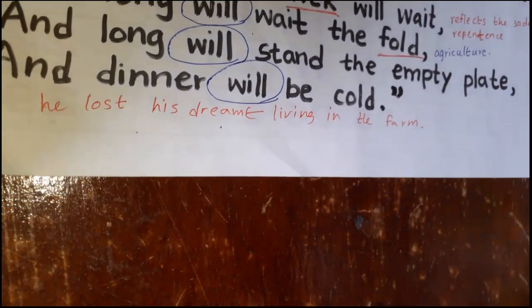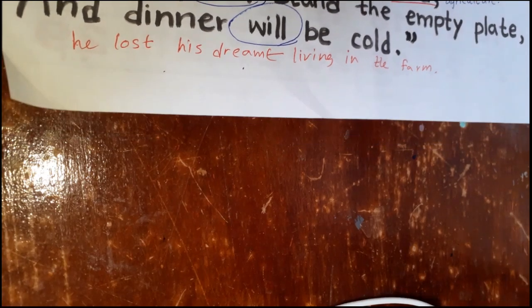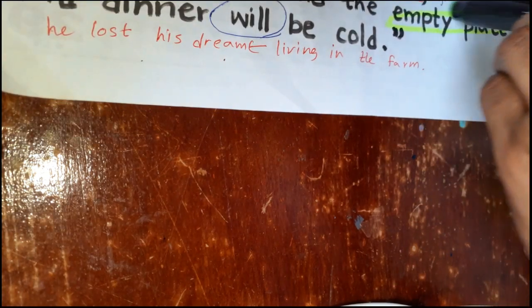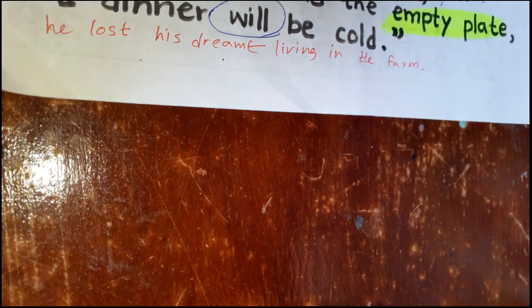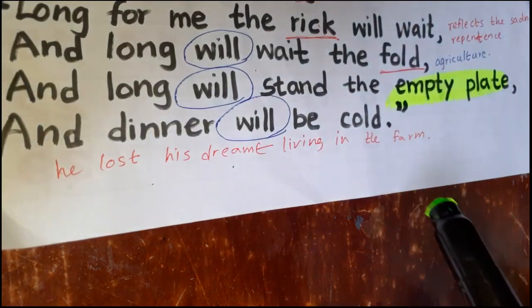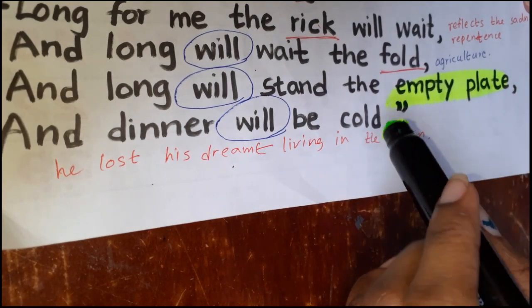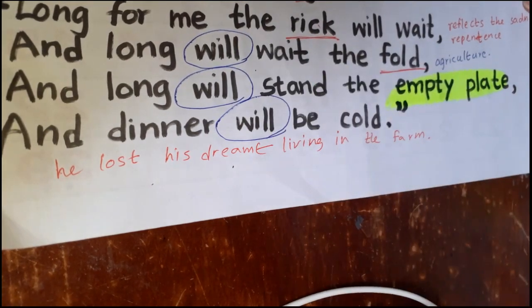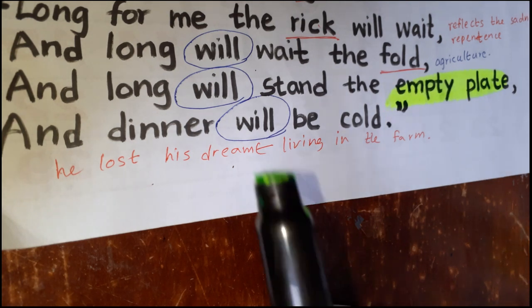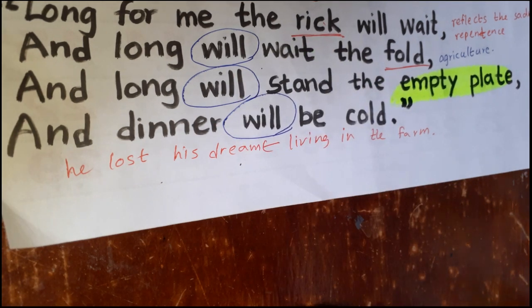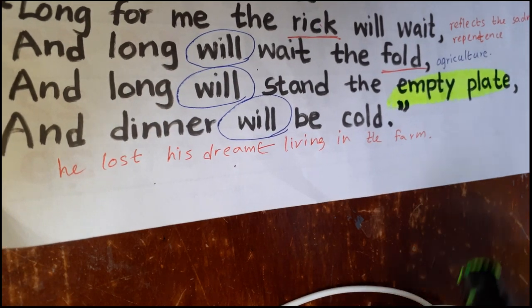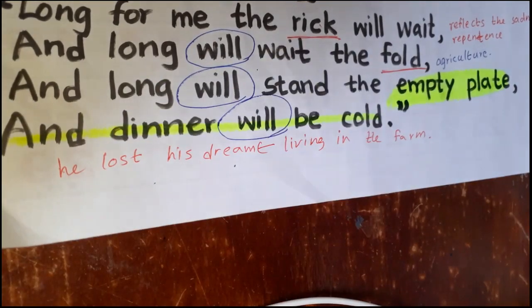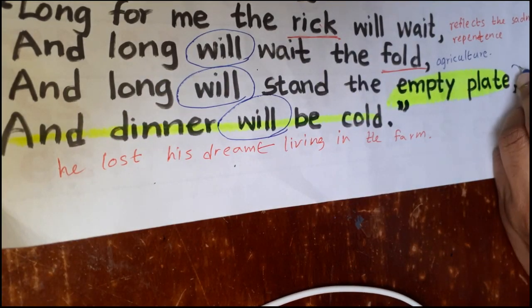And you can also see the last line, the empty plate. Now this is the situation of poor people actually. Empty plate. If they don't work, they will get empty plates. They won't get their plates filled if they don't work. And the dinner will be cold. So these two lines are the climax actually, the climax,